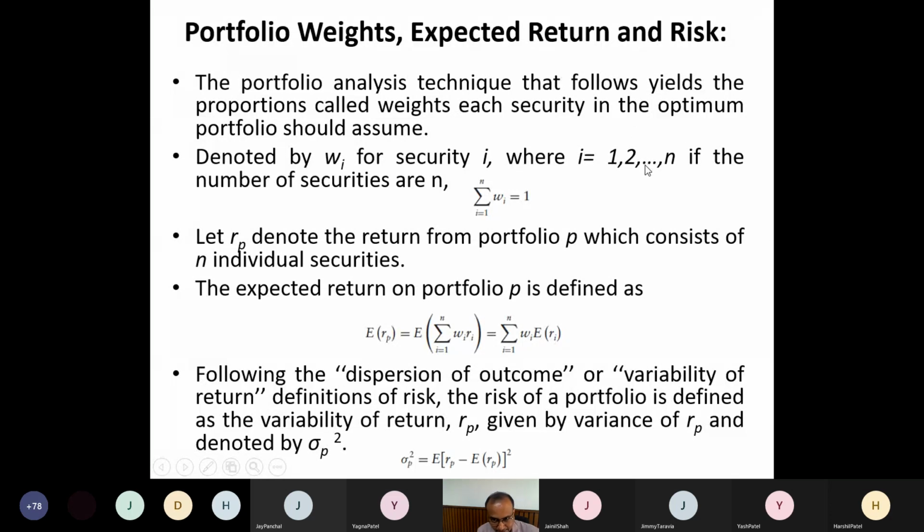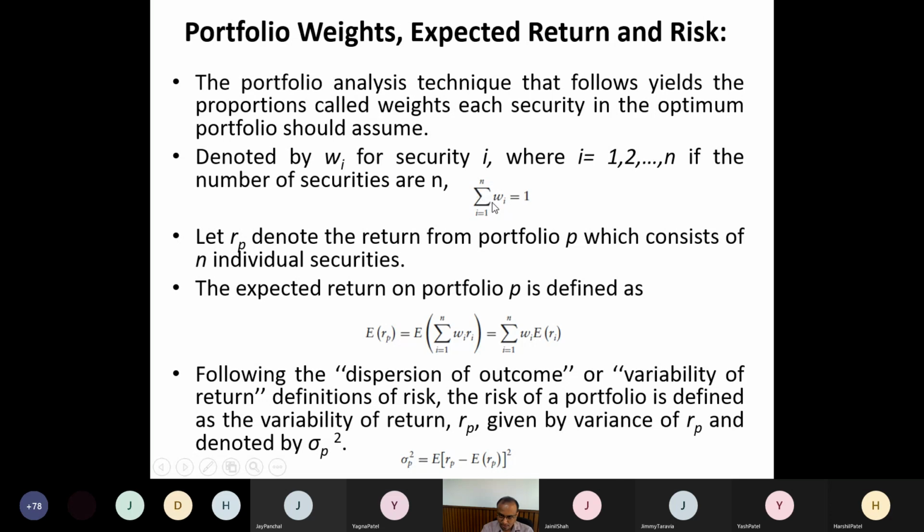Now see, there are so many indices here. The time indices, now the security indices, so don't confuse these terms. And the weights are indicated by fraction values, such that sum of w_i for i equal to 1 to n equals 1. Mostly these weights are positive fractions if short selling is not allowed. If short selling is allowed, w_i can be negative. We right now exclude the case of short selling, as it would be very difficult to model. Later on, we can extend it to short selling. So we assume all w_i are between 0 and 1, positive fraction values.